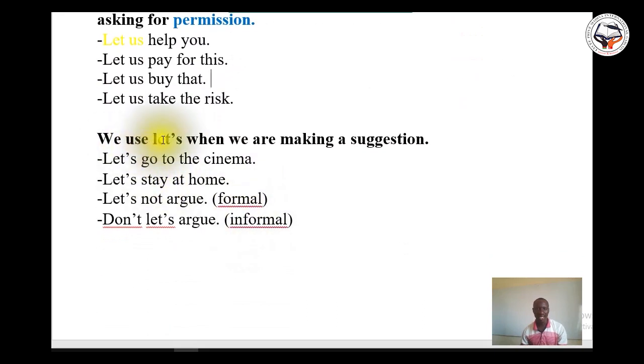Let us, and also let's, the contracted form. We can use the contracted form to do something else. We can use the contracted form for making